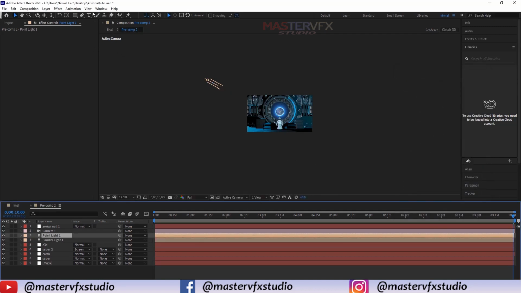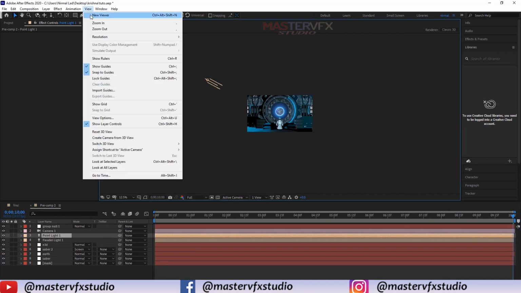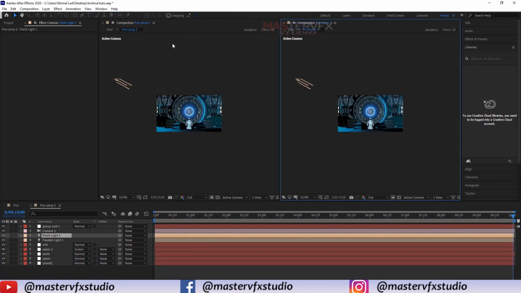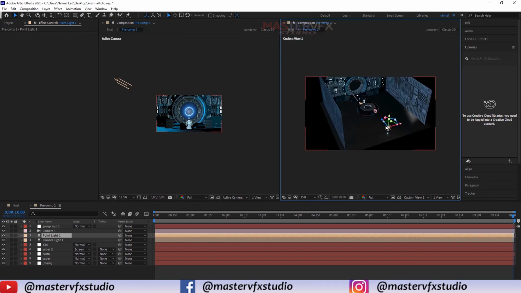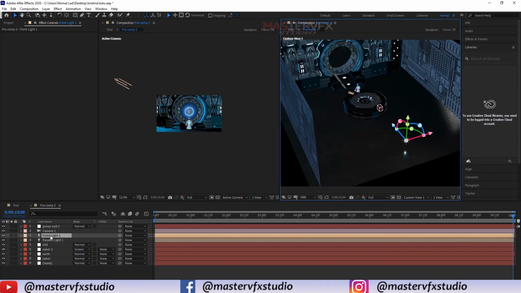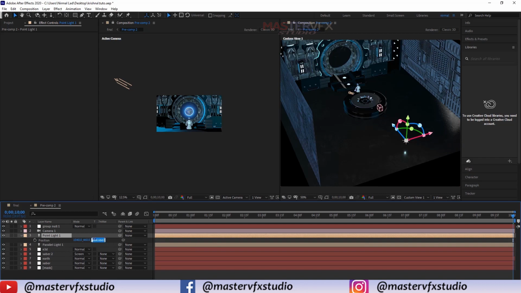Now lock this layer, create a new viewer and change the camera angle to custom view, select this point light, and reposition it.